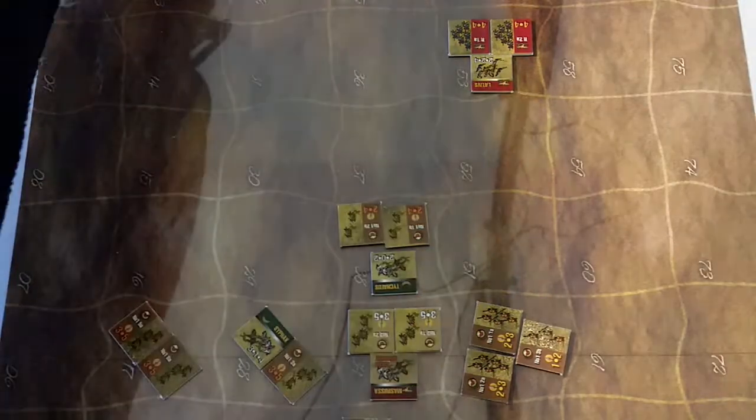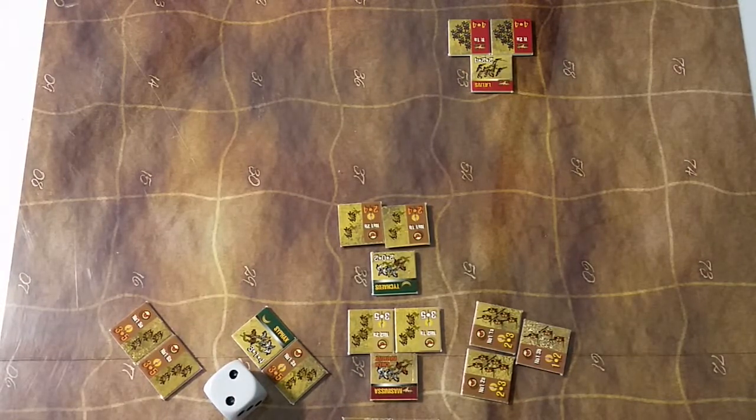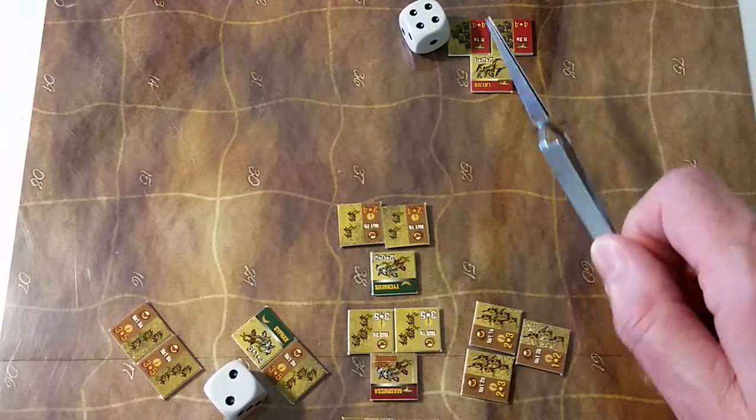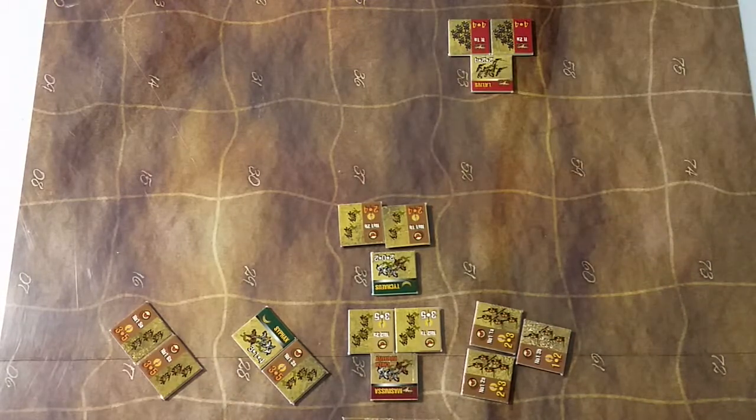Now we go to the initiative phase. So now I'm going to roll 1 die, so 2. Syphax's initiative of 4 plus a die roll of 2 is 6. And Laelius's initiative of 4 plus a die roll of 4 is 8. So Laelius wins. Yeah. Okay, so Laelius will definitely go first. So then Laelius tries to...